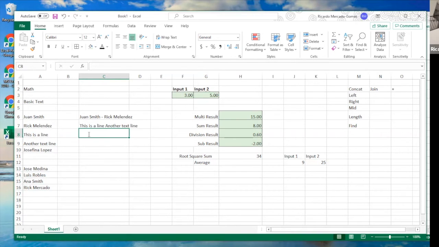So I'm gonna say equal FIND, tab into FIND, find where. I want to select that, and then comma, it says within text, what do you want me to find? So I want to say quote space quote. And the last argument is optional, so I don't need it, so I can actually close it. So this should give me a number back, the location where the first space is. So when I hit enter,